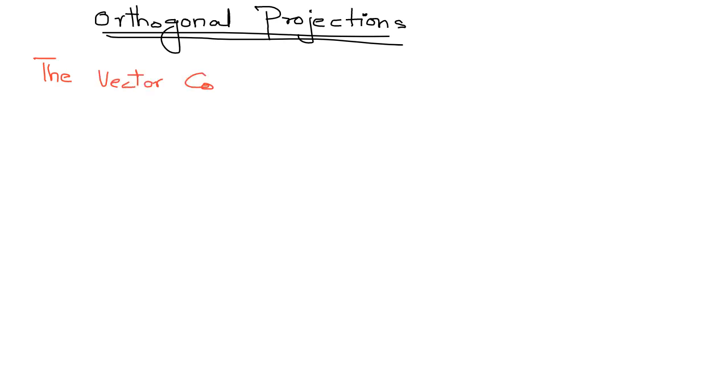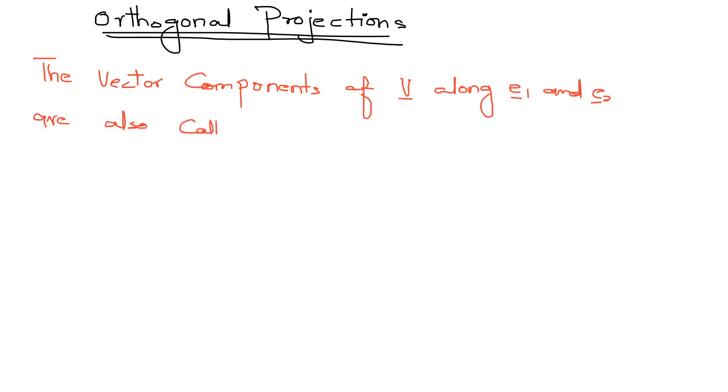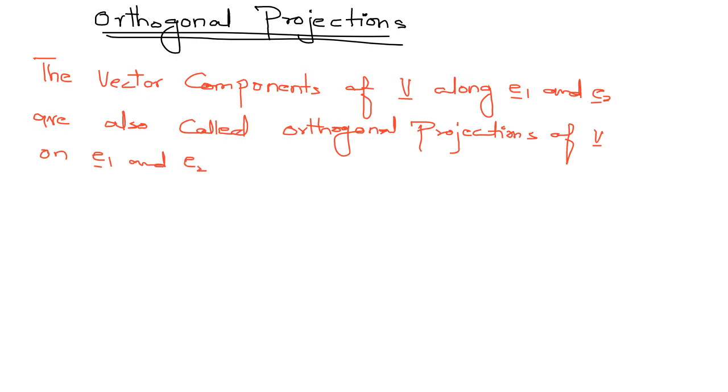The vector components of V along E1 and E2 are also called orthogonal projections. Orthogonal projections of V on E1 and E2 are denoted by,